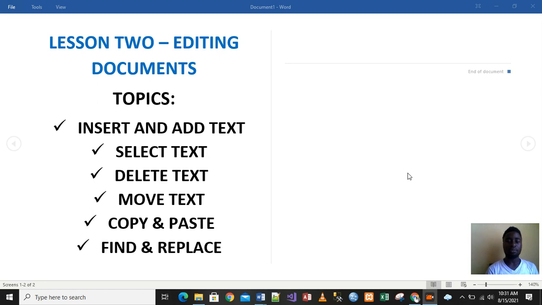Of course, these are the various topics for this particular tutorial. We are focusing more on how to do your editing, like editing documents. The key areas targeted for this purpose are how you can insert and add text, how you can select text, how you can delete text, move text, copy and paste, find and replace. Of course,